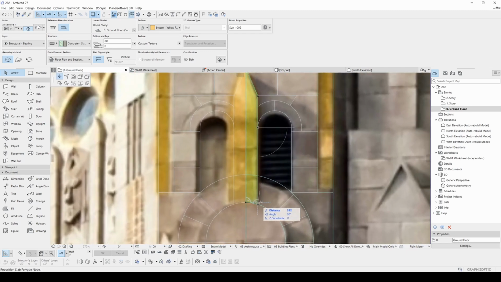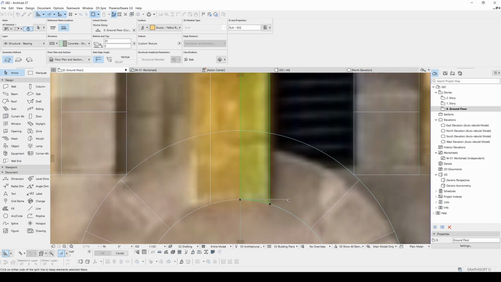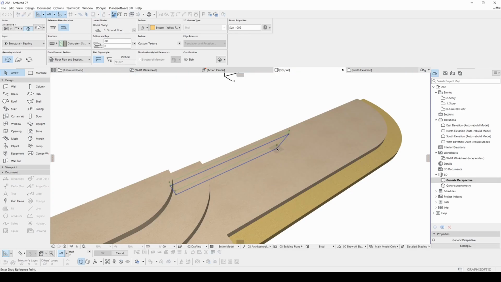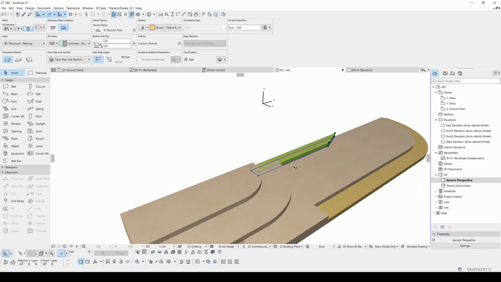You can remove these unnecessary points, and maybe you can hide the bottom part inside. Let's select this and switch to the 3D window and fix its level, just like this.